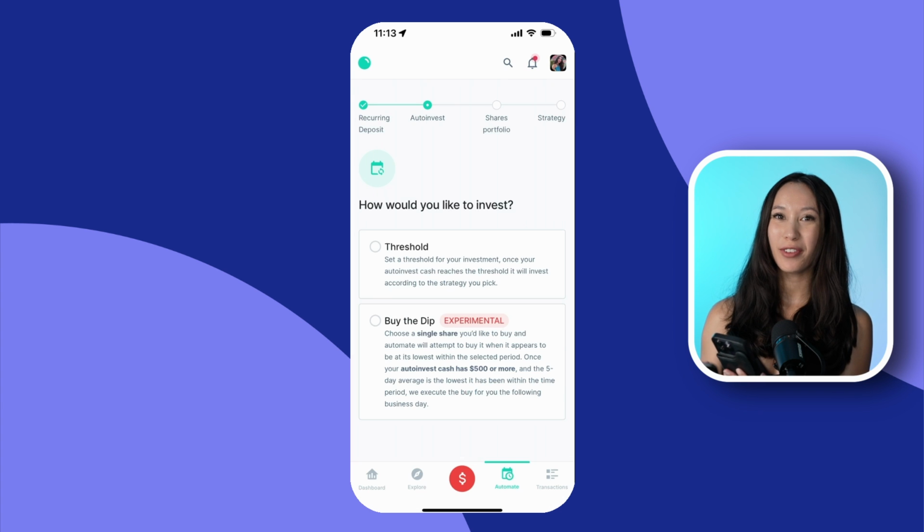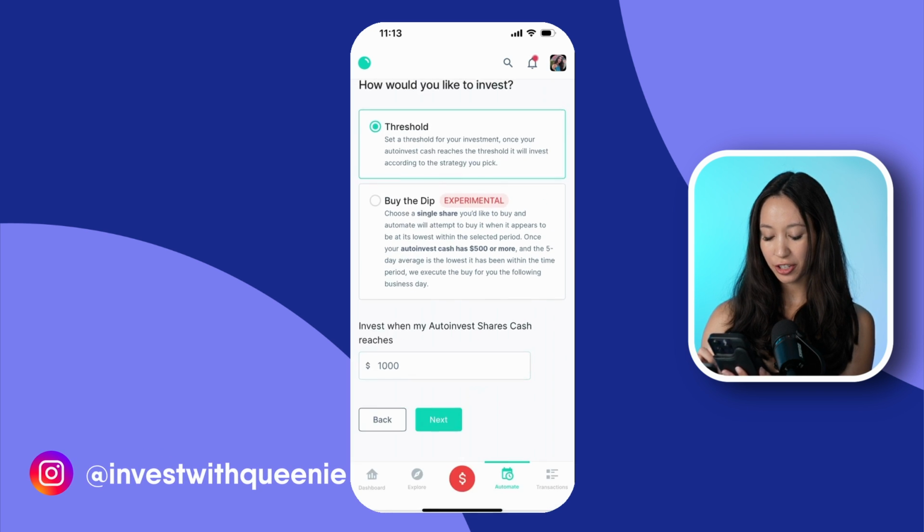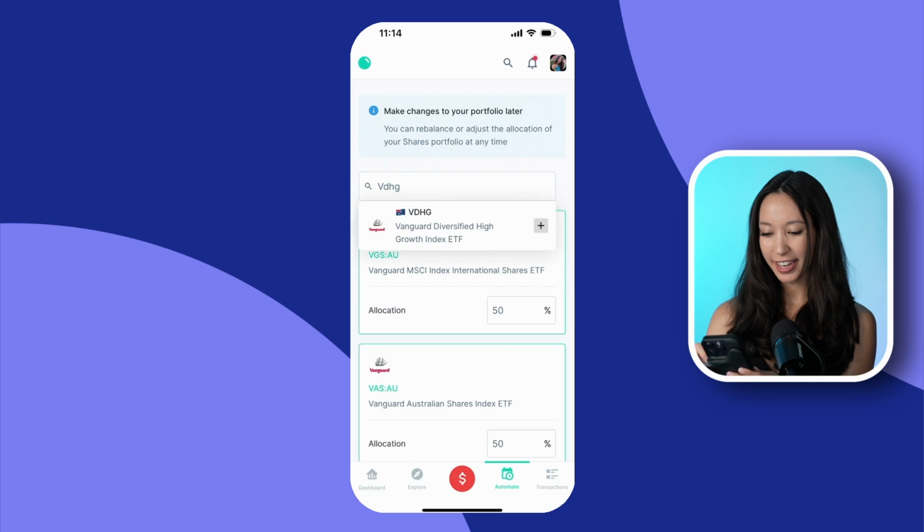Here I can choose to invest once my balance reaches a certain threshold, or I can buy the dip. I simply click on Threshold when my auto invest shares reach $1,000. And now I can build my ETF portfolio. I can simply search for some ETFs here, for example, VDHG, I can add it,